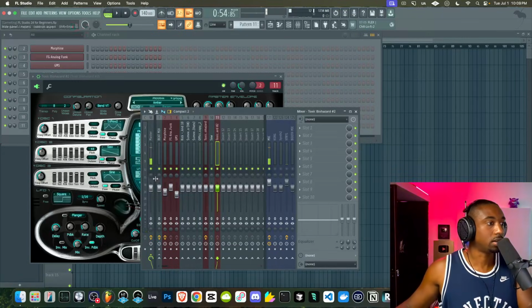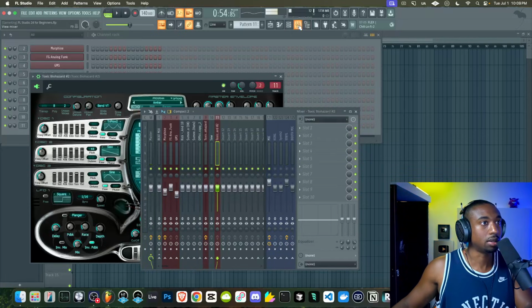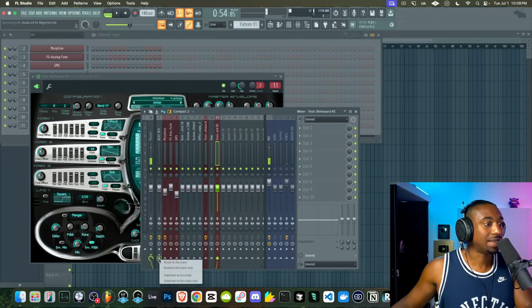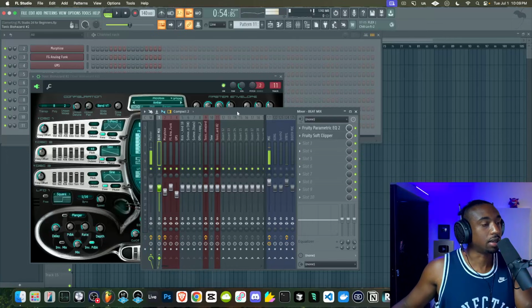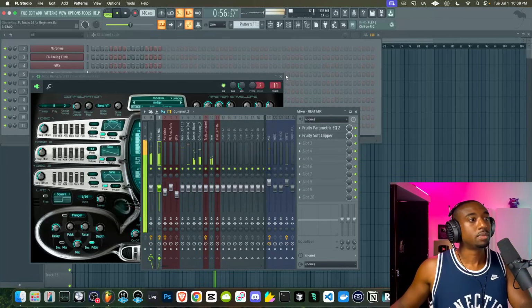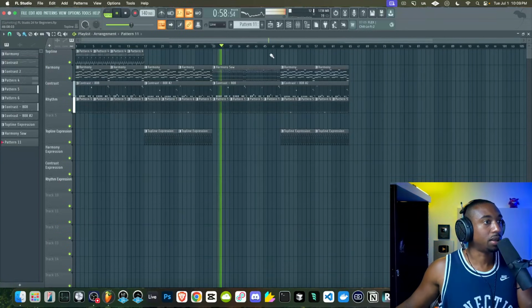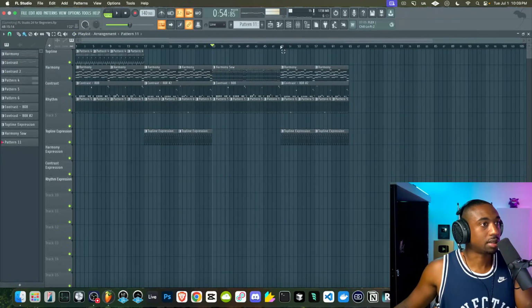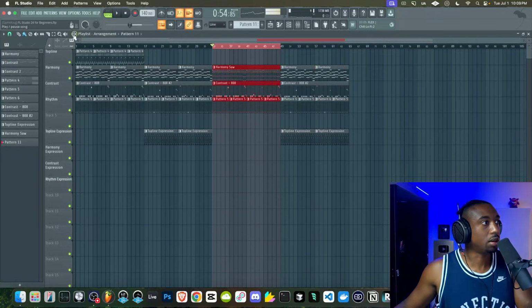Remember we need to route it to the beat mix. So let's go to our mixer icon, left click, and then right click and route to this track only. So now it's going to the beat mix. And I'm just going to see what we can add over top of this. So let's say I want to loop it to create ideas. Let's hit Control, left click, and highlight the top bar here.